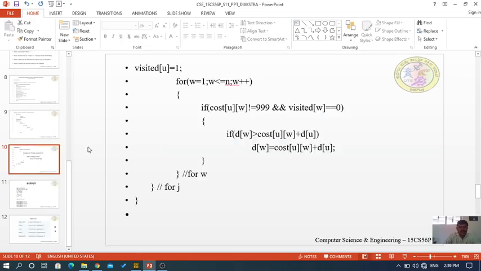Finally, this formula will find the shortest distance to all destination nodes through some other vertex. So here the condition is: for a selected particular vertex, if it is not visited and not equal to infinity, find the distance of the respective vertex; if the cost from that particular vertex to some other vertex plus the directed cost is less than that, then that will be final and will be selected.